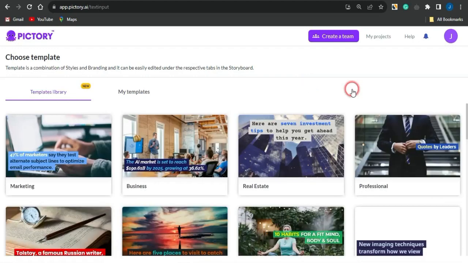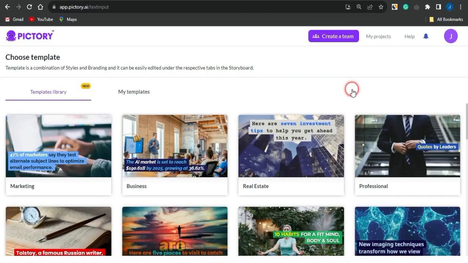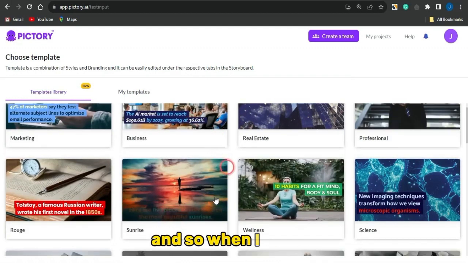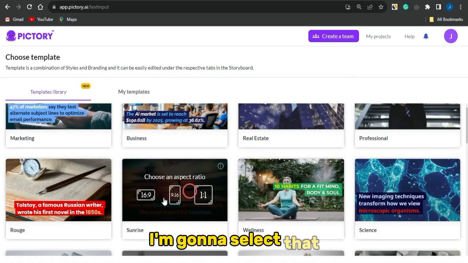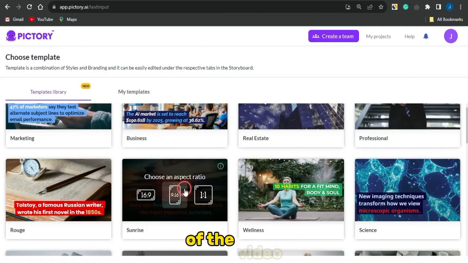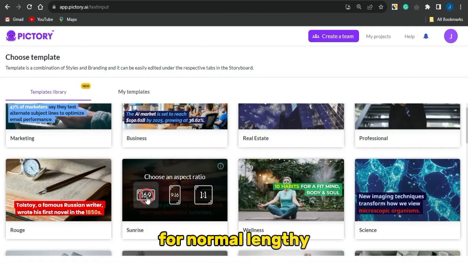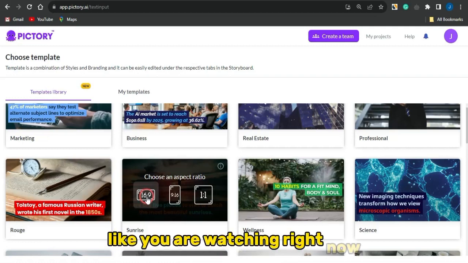So guys, this is how the templates are going to look like. I'm going to go on to selecting one right here, and supposing I want to use this one, I'm going to select that. I'm going to select the aspect ratio of the video. This one right here is quite cool because you can use it for a normal lengthy YouTube video like you are watching right now, but for this